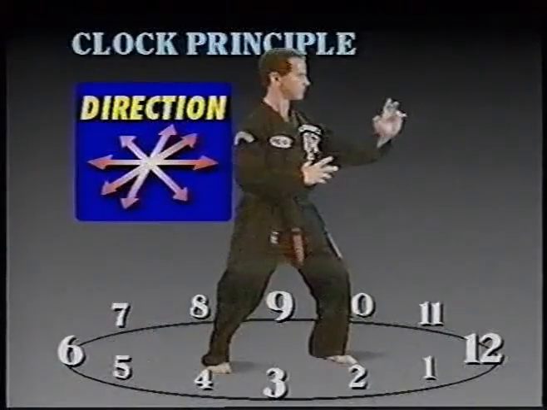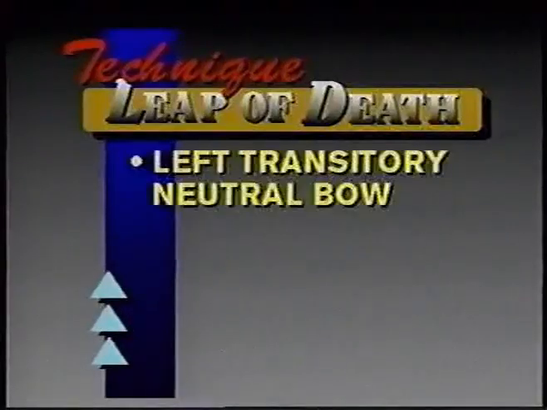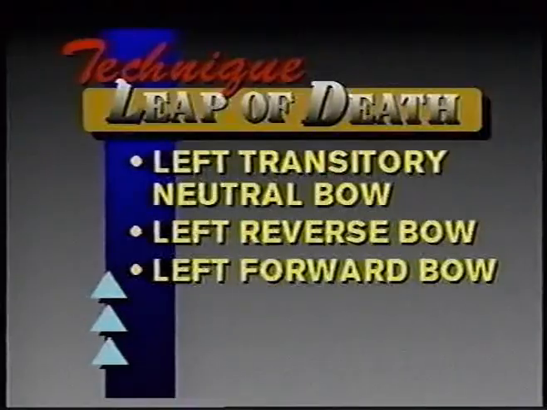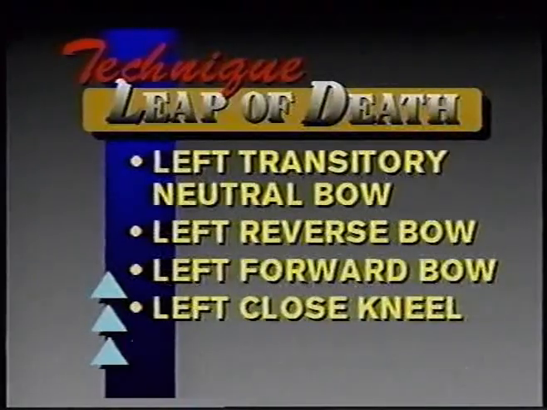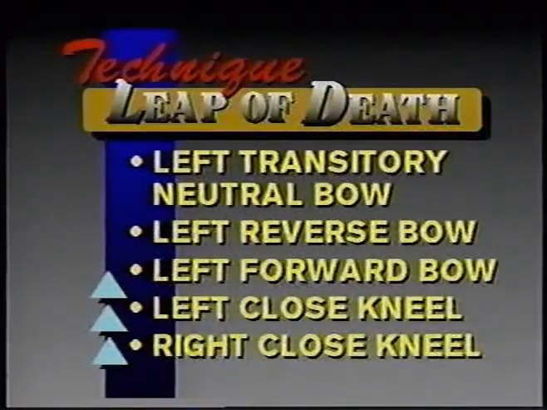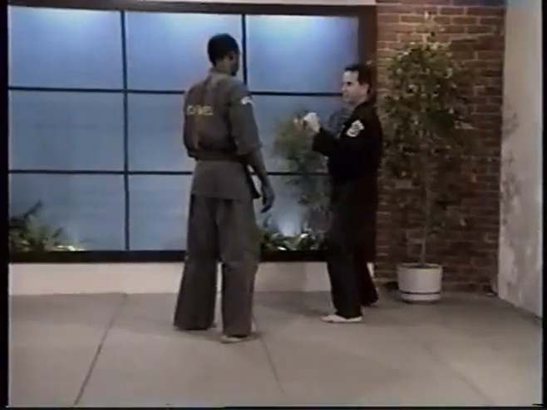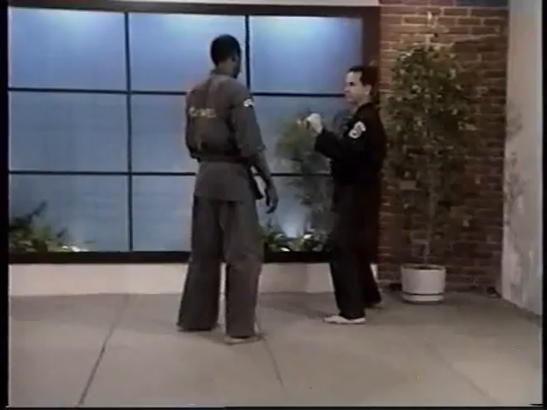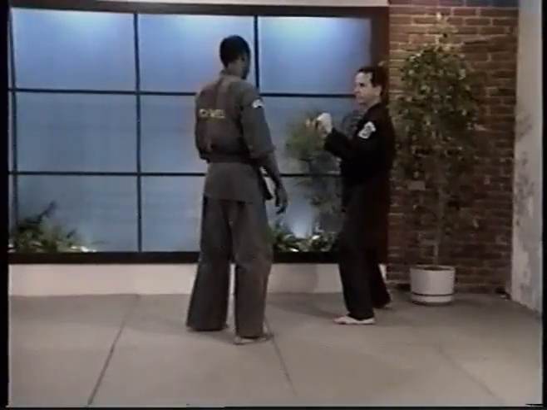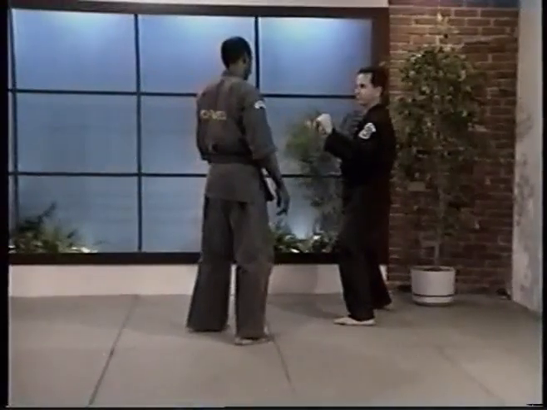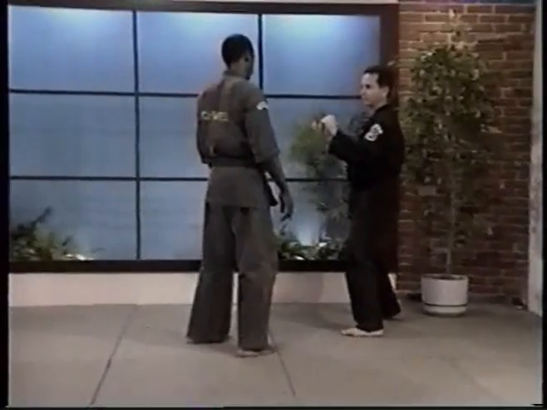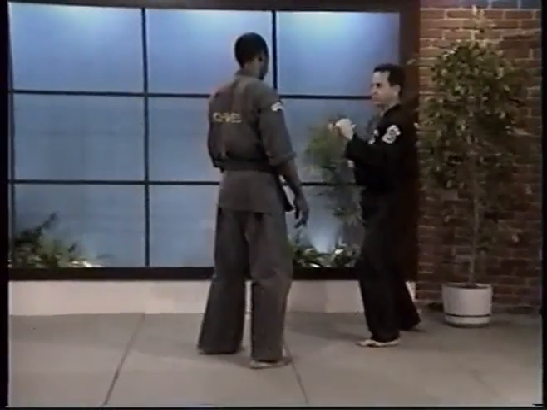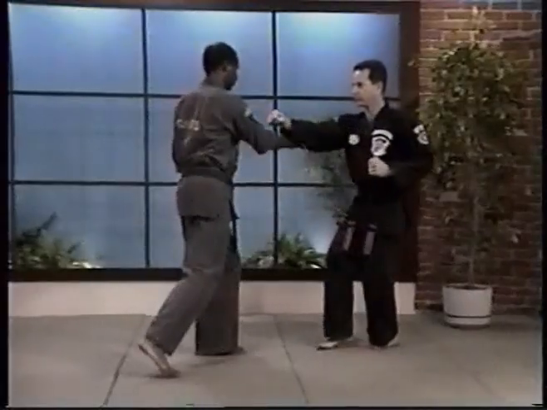Please note the employment of the left transitory neutral bow, left reverse bow, left forward bow, left close kneel, and right close kneel stances. Leap of death is for a front right step through straight punch. The technique requires that you step back with your right foot towards 6 o'clock into a left transitional neutral bow facing 12 o'clock. As you step back with your right foot, execute a right outward parry to the outside of